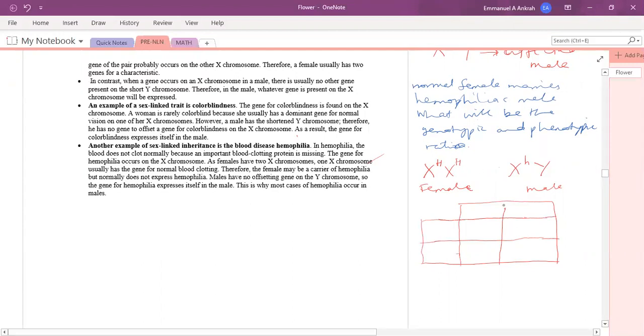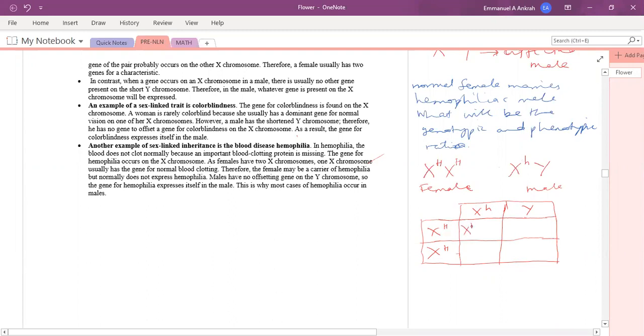Okay, so for the female, we have X, H, X, H, and for the male, we have X, lowercase h, and then a Y. Okay. So when they fertilize, the combination will be